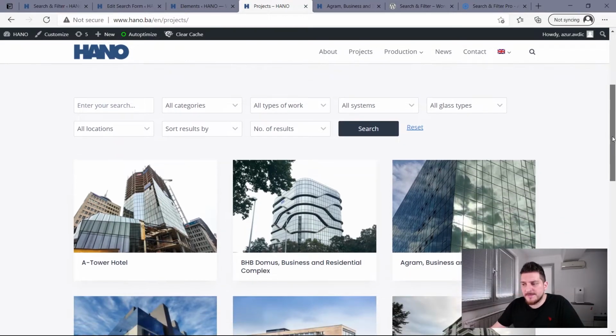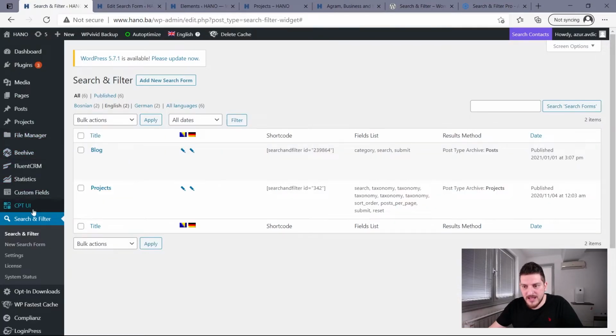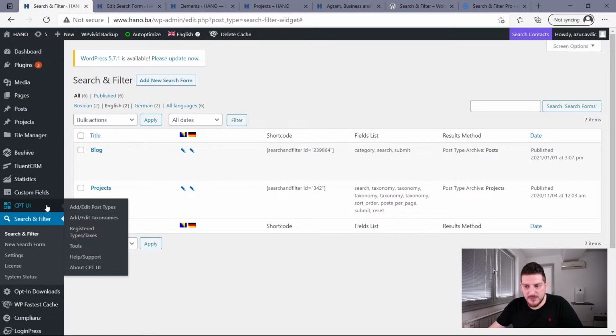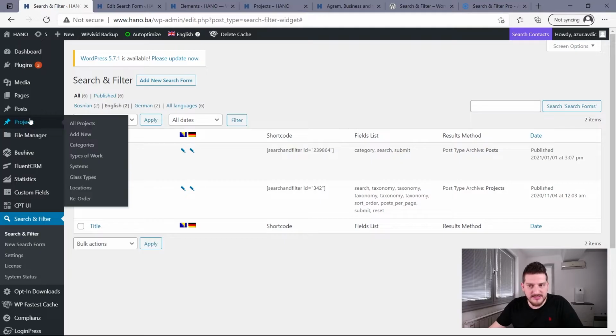So how did we do this? Well, to be able to understand that, you need to understand how Kadence theme works. First I have Custom Post Type UI, and with this plugin I created a custom post type called projects. So here I have all those projects, and I have some custom taxonomies for types of work, systems, glass types, locations,